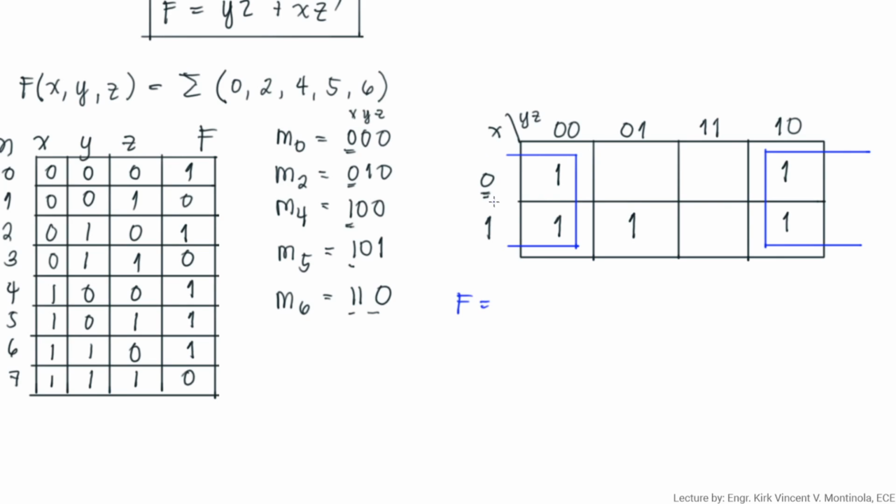Then, so, ang F mo, tingnan mo muna sa X. So, ang groupings natin, nag-connect siya from X equals 0 to 1. Meaning, independent siya sa X. Kasi, kahit nag-change ang X mo, 1 pa rin ang value niya. So, hahanapin natin yung input variables na hindi nag-change. Kasi, yun lang yung input variables na may kinalaman sa pagkakaroon mo ng output na logic 1. Okay, so F, disregard na natin yung X. We don't care about X. It's because kahit nagpalit siya ng state, 1 pa rin ang value niya.